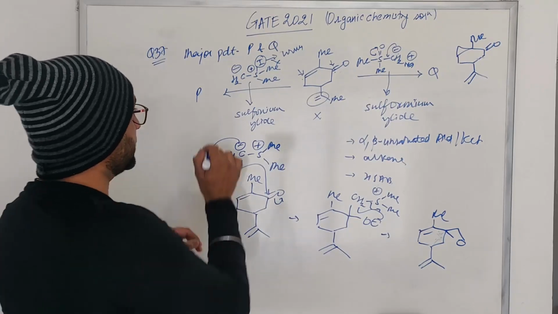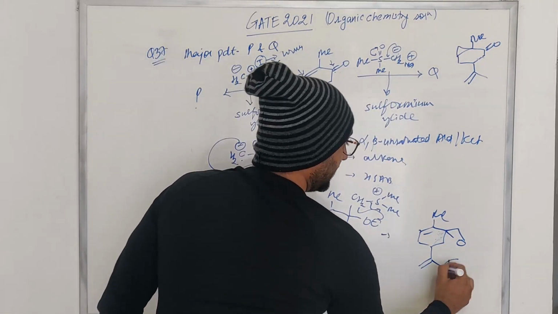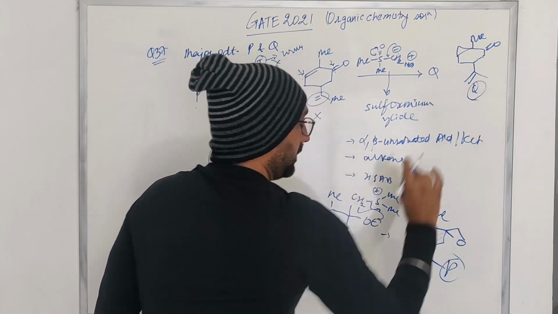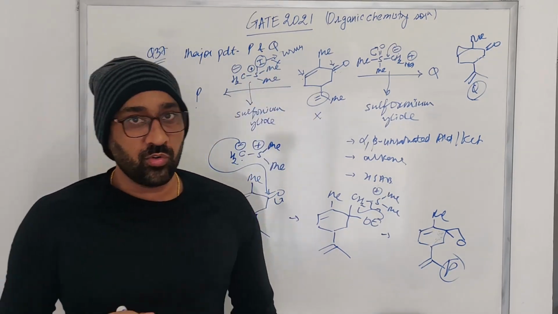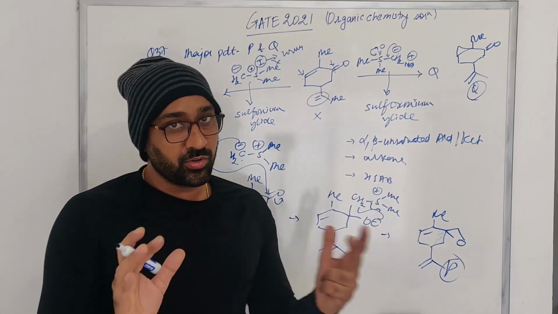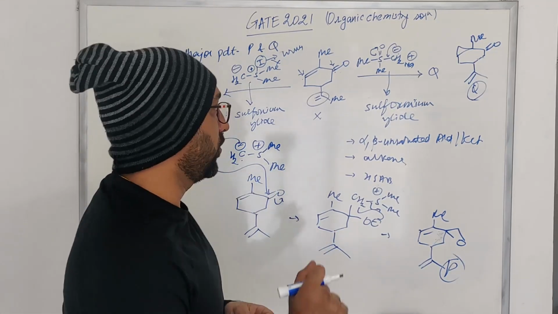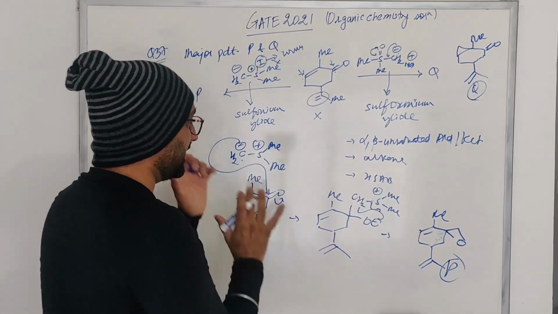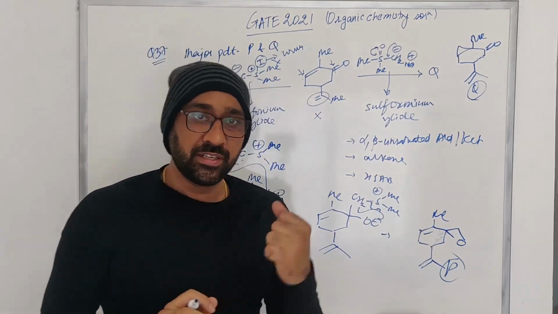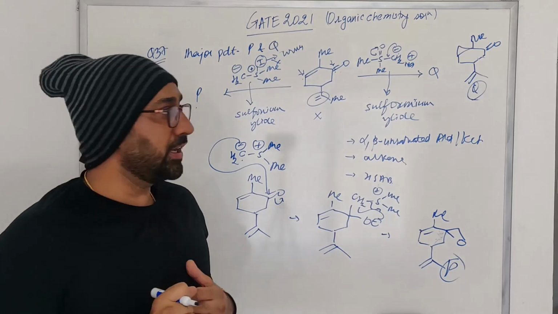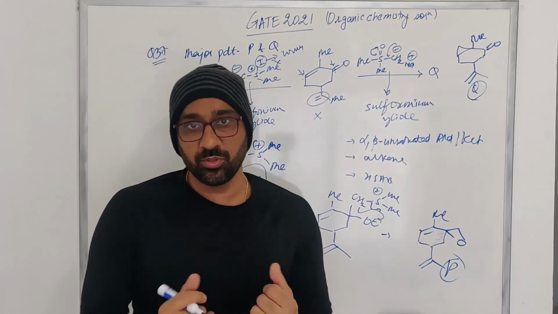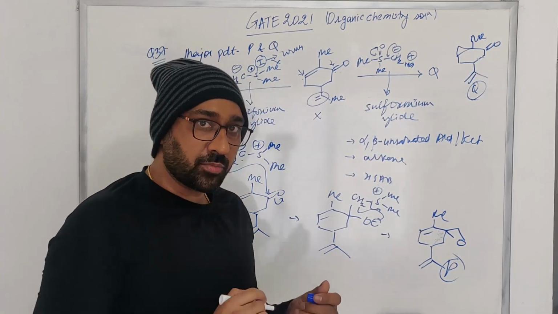So the major product in this reaction, this is P and this is your Q here. But again, as I said, there was an issue with that reagent. So I don't know whether you can contest this or not and ask GATE to give you the full marks in case you have attempted this question. But this entire concept has been described in the video, the link to which is in the description. So you can go through that to understand this concept in depth. Okay, let's look at another problem.